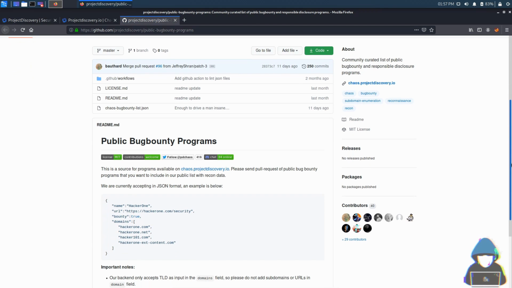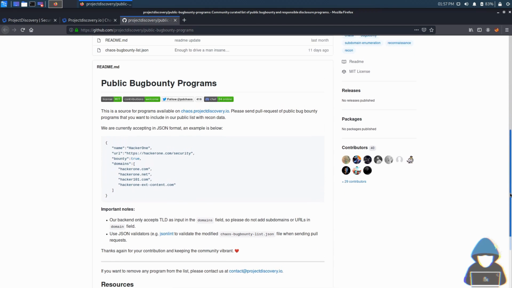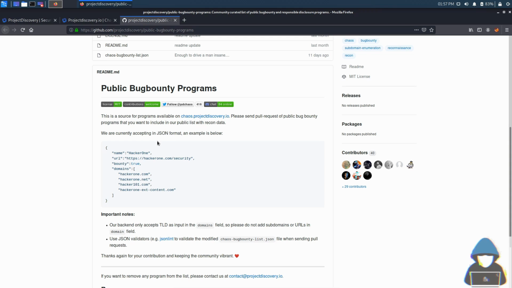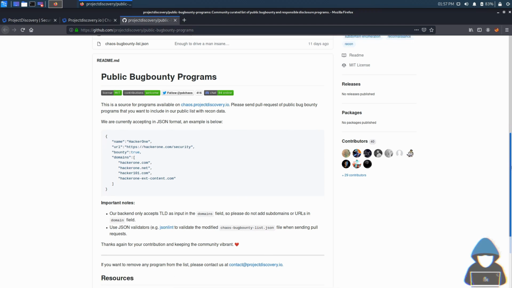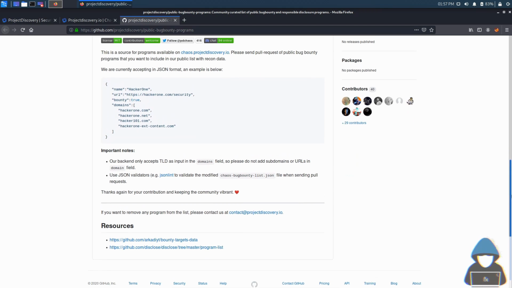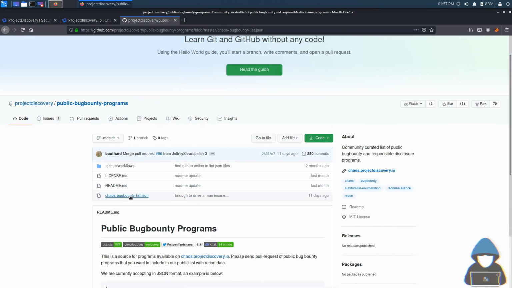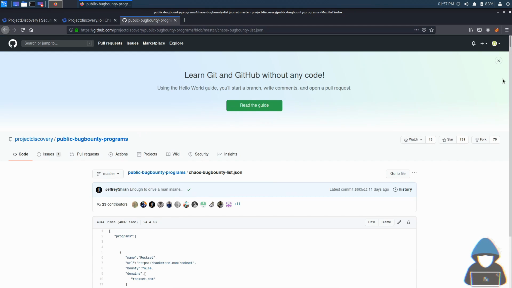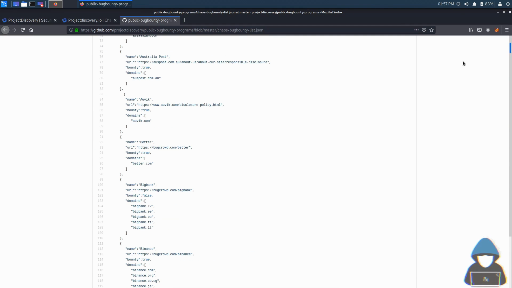I am going to use their GitHub resource where we can find a JSON file for all the publicly available bug bounty programs. This JSON file contains all the information about the programs. Using this file, we are going to download all of our targets' data from the Chaos dataset. Now let me walk through how to download this dataset via a simple bash script. This data contains the list of targets and their subdomains which are present in the Chaos dataset. And after downloading, we are going to save them into their corresponding folders.